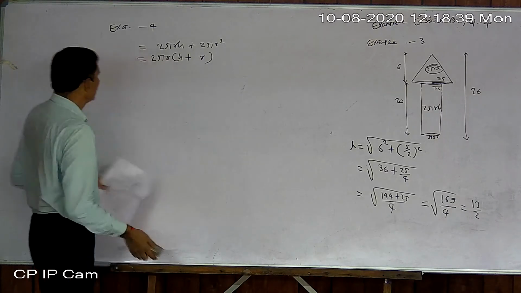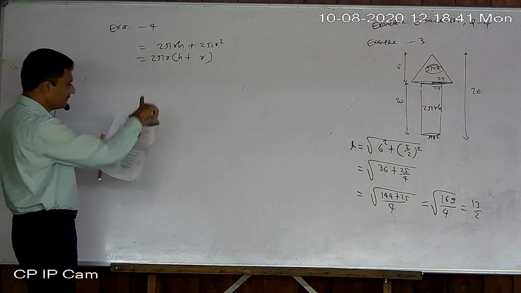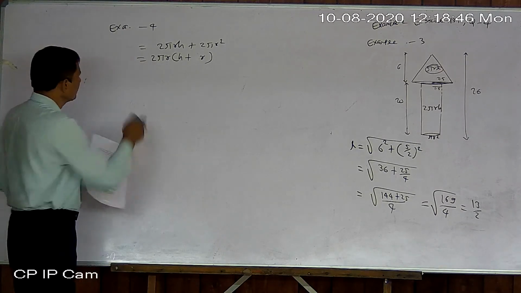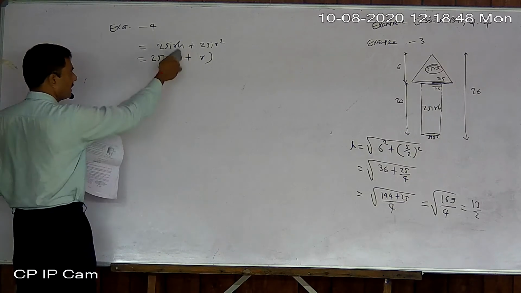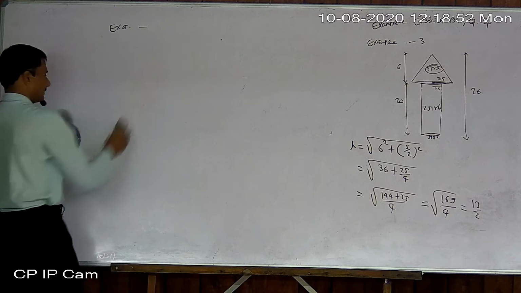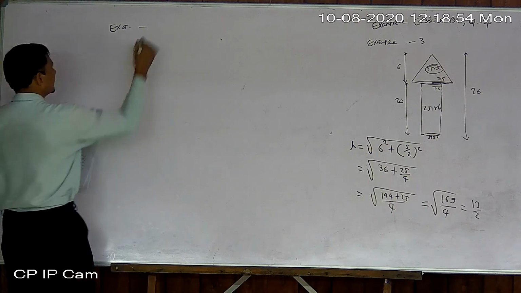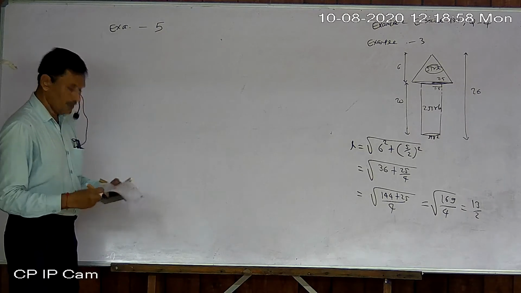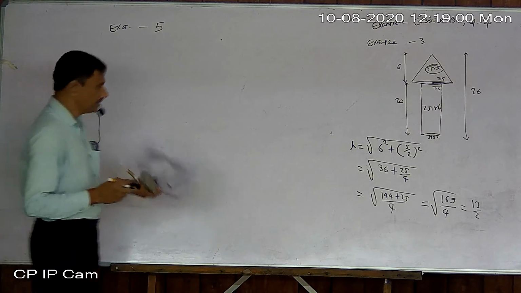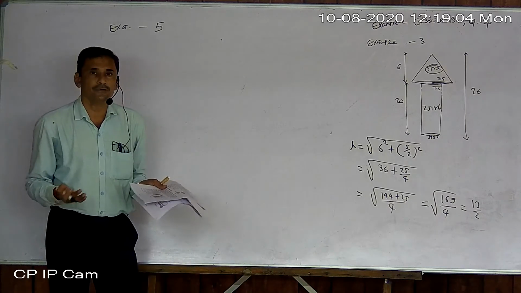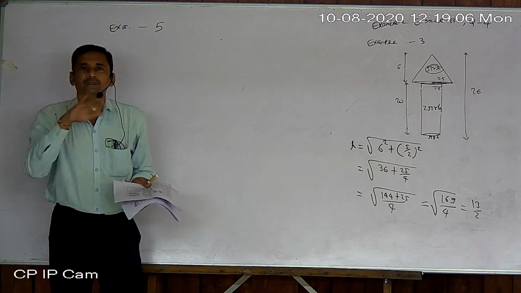Okay, so that is again simple. All measurements are given. So no need to solve here. Just look at the formula. Formulas are again very simple. Okay. Now look at number 5. Example number 5. That is quite different. There is a cuboid given, and above the cuboid they have given a half cylinder.